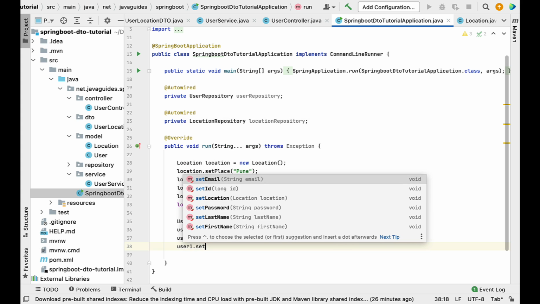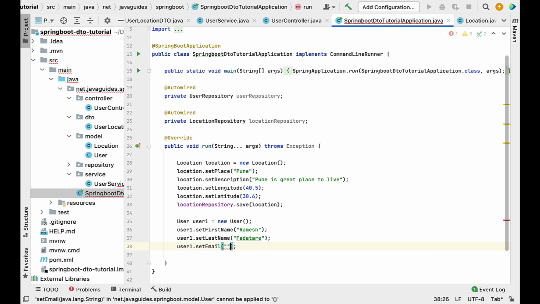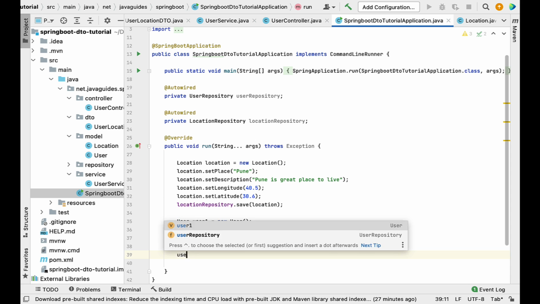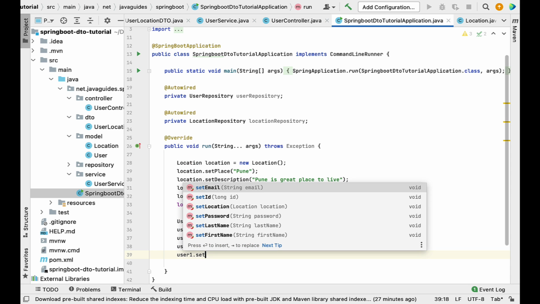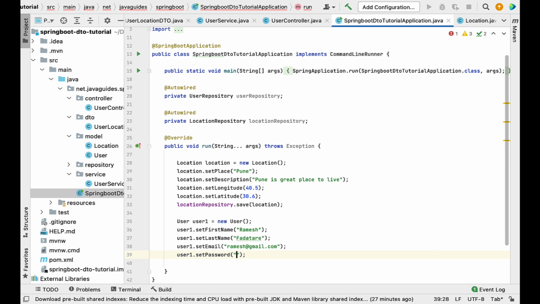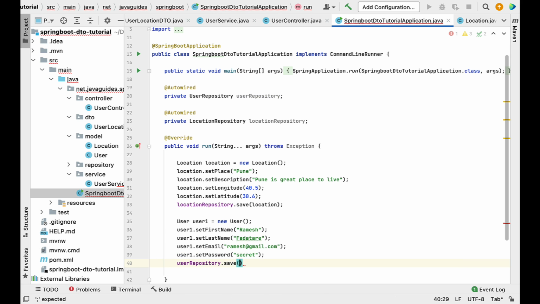user1.setEmail, let's say ramesh@gmail.com. Similarly, user1.setPassword, let's say secret. Okay, and now we're going to use the userRepository.save method to save this user object,